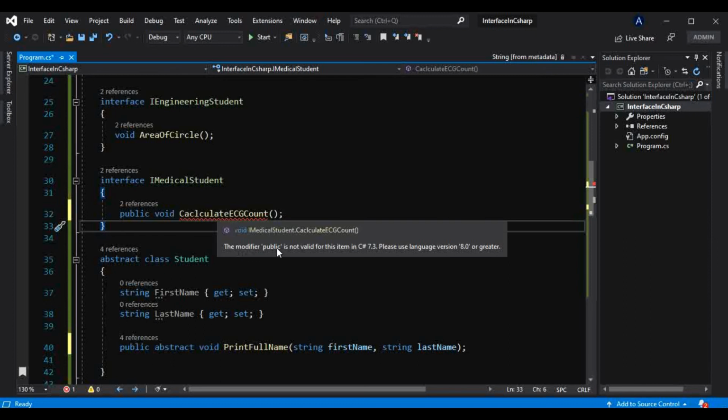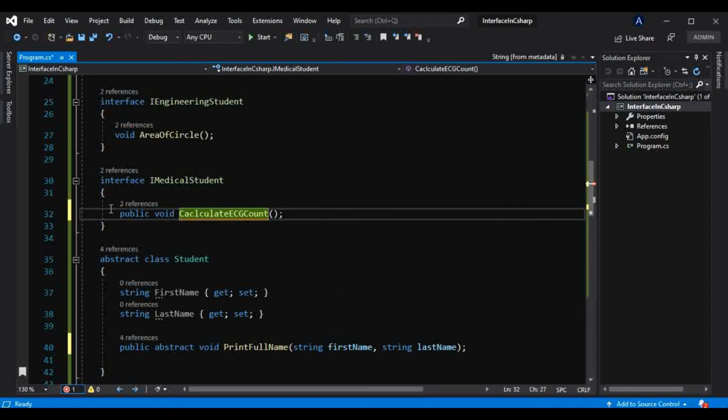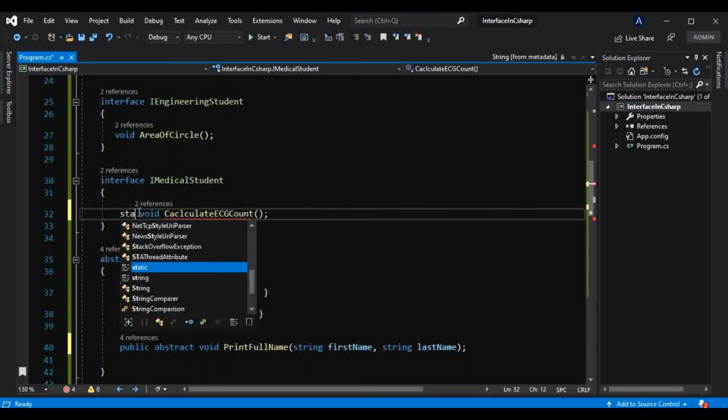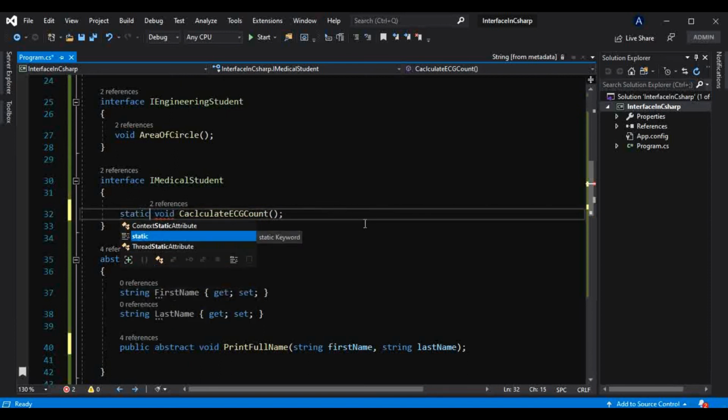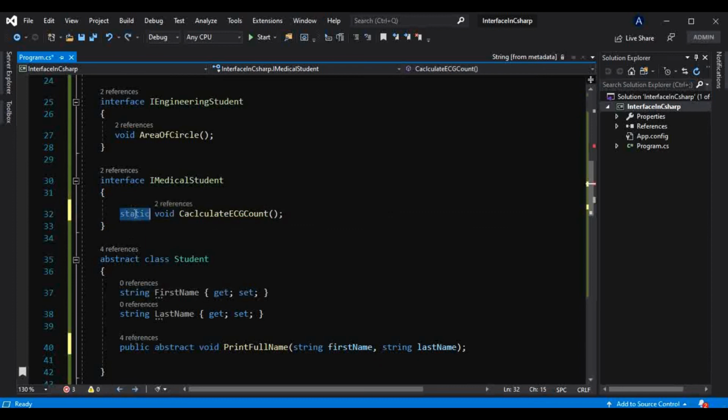The modifier public is not valid for this item in C# 7.3, but starting with 8.0 it is possible. We can make this public as well as protected and as well as static like this. Okay, but not till C# 7.3.